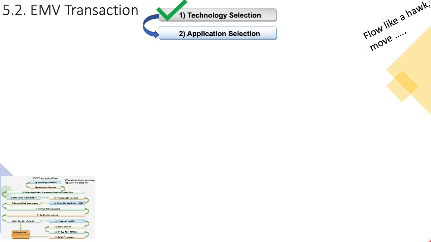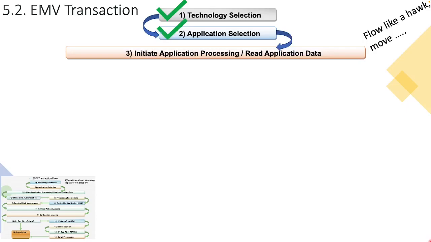Once we chose the technology, we then identified which virtual cards were available to process this transaction on Bob's card, and we chose, in our instance, the primary virtual card or primary application on the card, which was a credit card. Once the application was selected, the terminal and the virtual card or the application then had a bit of a conversation where they exchanged important information with each other,